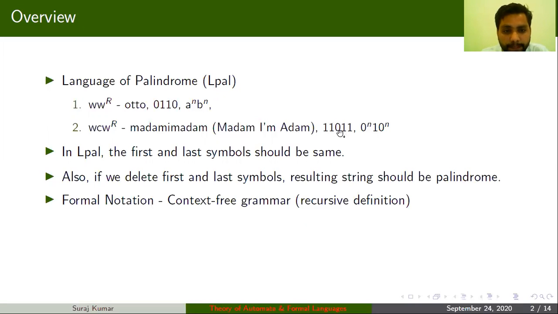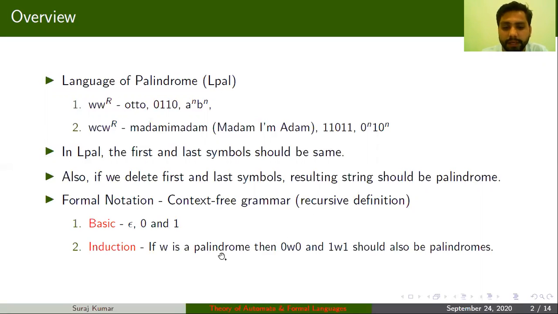So 0 is your basic, and before and after the 0, the string will be a palindrome sequence. So I can refer to my basic condition as epsilon, 0 and 1, and then the recursiveness. If you write a function on recursiveness, you should write some base condition on which your recursive function should stop. So base condition and the recursive function.